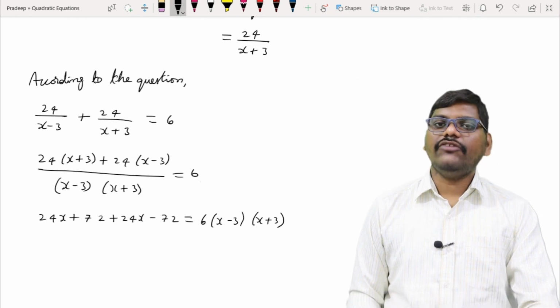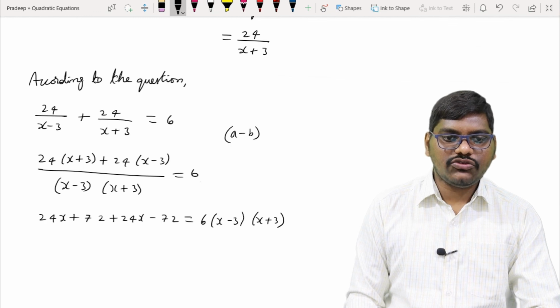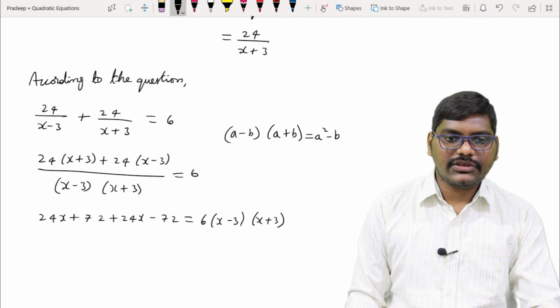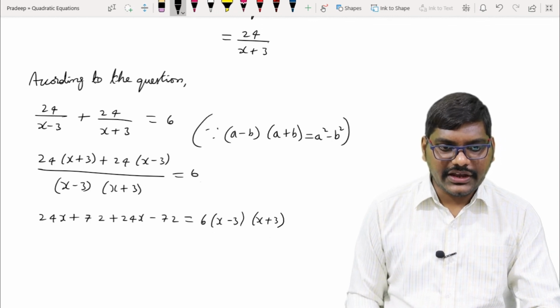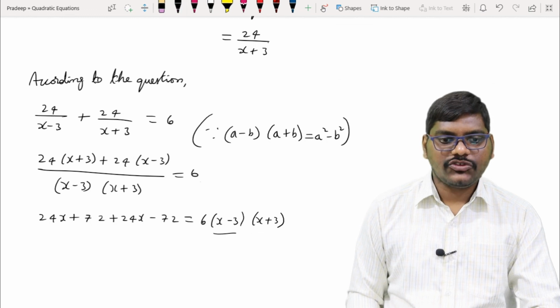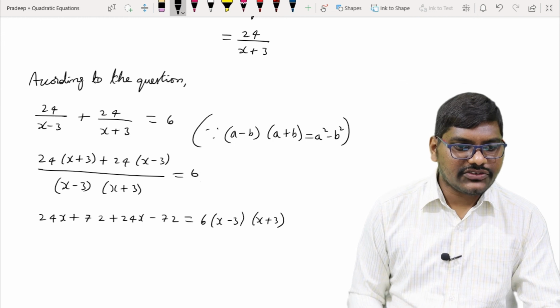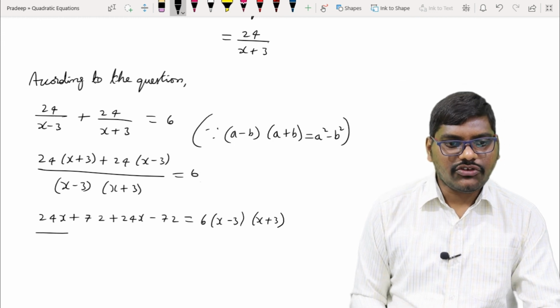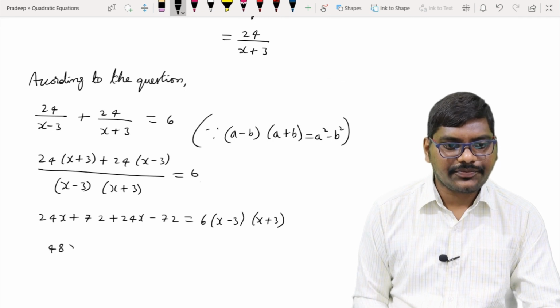Okay, so we have the formula, that is (a minus b) into (a plus b), that will give us what? a square minus b square. So this is the same thing here, (a minus b)(a plus b). So we can simply write that as a square minus b square. So we'll just write in the next step, that is 24x plus 24x, that will be getting as 48x, whereas